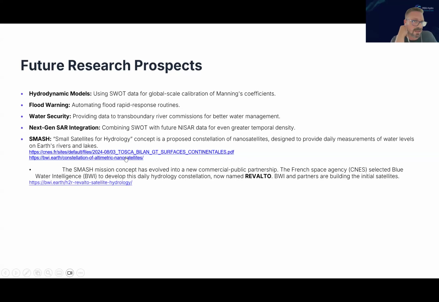But here's something interesting. There was a project called SMASH, small satellites for hydrology, like a constellation of little SWOTs flying around. I thought the mission was dead until I had to ask Gemini for that. It seems it's been renamed to Rivalto at the end of last year. Now, I don't know if they finally got the investment to do this or not, but there should be still the planning of a constellation going on of these public-private partnerships, commercial investment to get into a follow-on